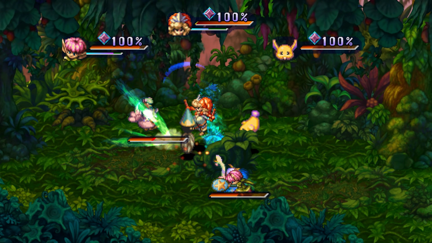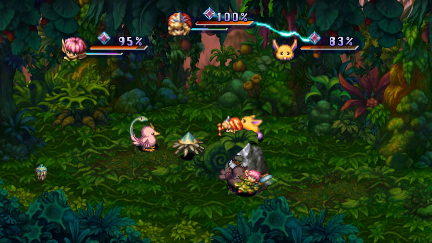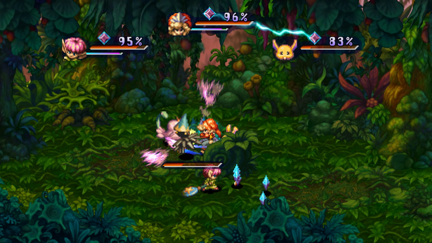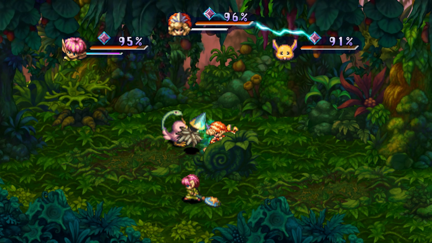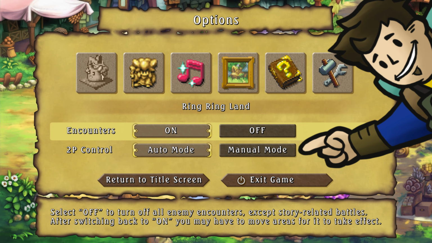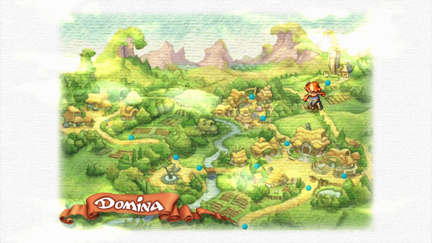Legend of Mana has local cooperative play, and with Steam at least, you're able to remote play as well, which is co-op over streaming, basically. Thankfully, the manual and automatic control settings are available at any time from the start menu too, so if your second player walks out for any reason, you don't have to wait for them to be able to move around